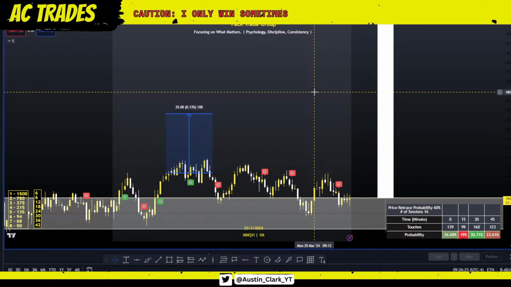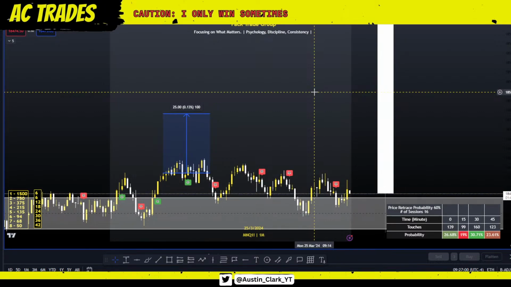Because if you're looking at the market and you're like, well, I'm going to try to catch this falling knife, well, is this falling knife in an area of time that's going to have a statistical chance of retracing? Or is it just a falling knife? You don't know unless you have the data. If you have the data, then you could take the trade because the data is telling you that this falling knife is going to retrace here 65, 67% of the time. I don't care what happens after that, because I would rather be wrong following my strategy and following my model than being right and being completely inconsistent with my decisions.